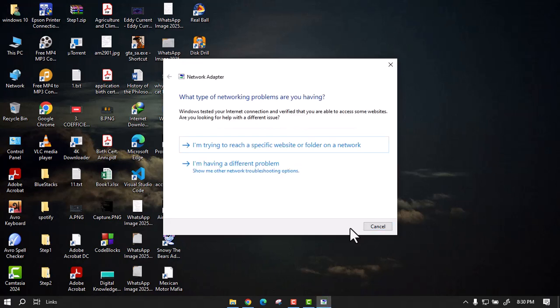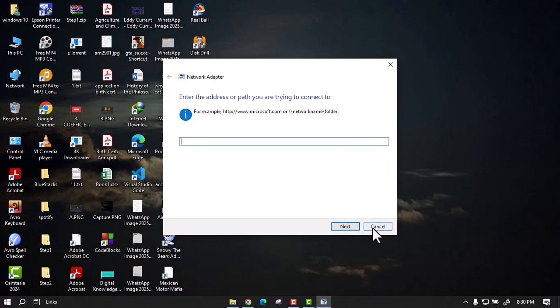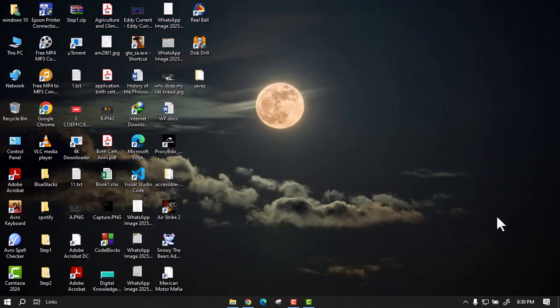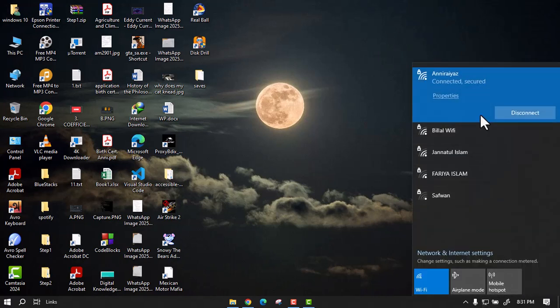It is asking for what type of network problems are you having. So select any one of them. So if you click the first one as I did, you have to give the address or path you're trying to connect to, and then they will try to fix it. So this was the inbuilt one, and the other one you can try is go to your Wi-Fi, just right